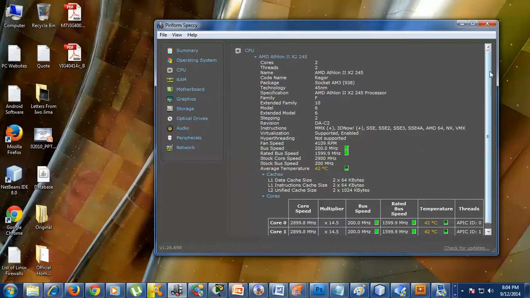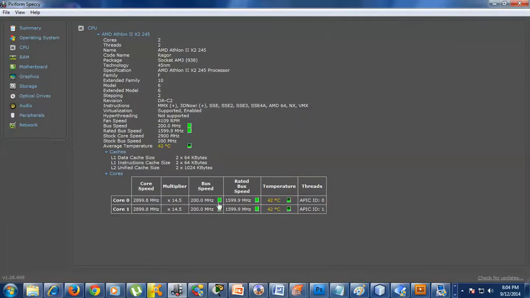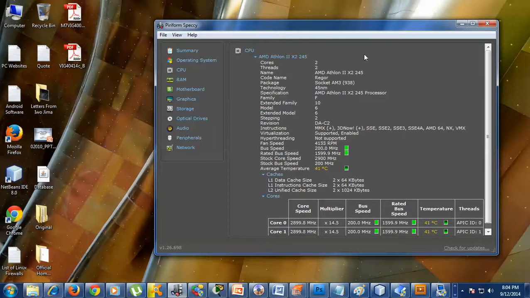My CPU, if we look here, you will see the bus rating, 200 megahertz. The temperature is 41 degrees right now. The core speed, if you actually look at it here in depth, is, I hate to read out these stuff, 2899.8 megahertz. Now, if you want to read it like that and then the system has it at 2.9, it kind of fluctuates. But really and truly, when they say 2.9, that is what they mean. It's rounding off to these figures.